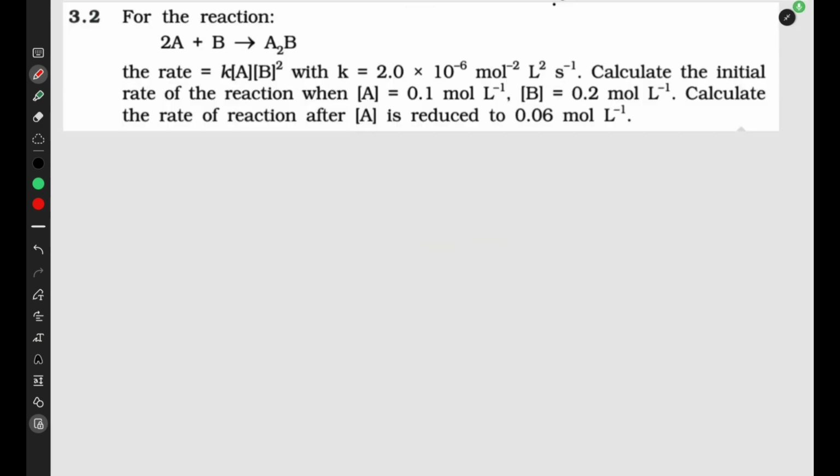The reaction 2A plus B gives A2B. Rate is equal to K into concentration of A into concentration of B square, where K is equal to 2 into 10 raised to minus 6